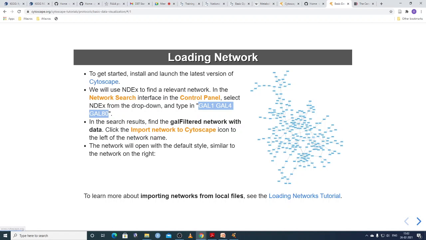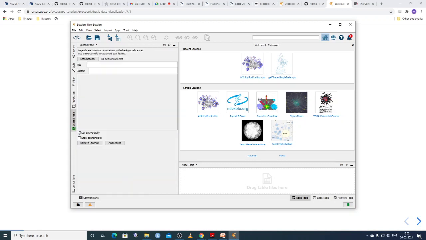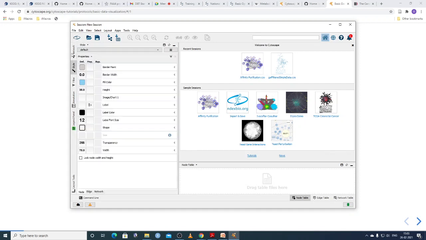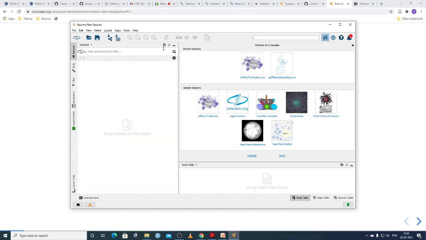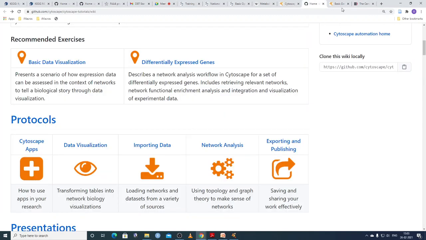Under the network search control panel, here is the network. Here is style, this is filter, this is annotation, this is a results panel, and this is network. Currently we are interested in network, so instead of style we are going to the network.